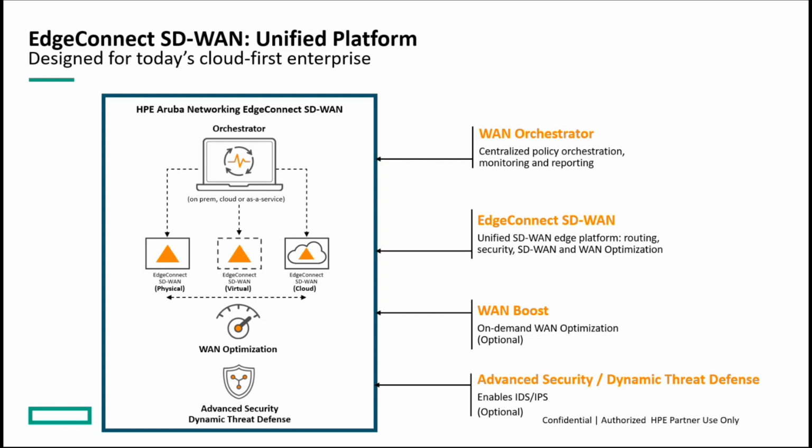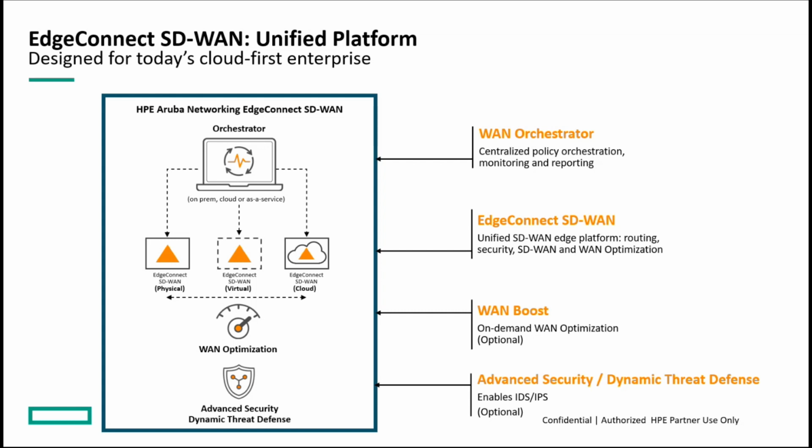And this is the most important piece of it because this is where all the intelligence lives. When we go down to the second layer, we have the actual appliances. These are the gateways that we're going to put into the different locations or put into the cloud. We have a number of physical appliances, which we'll get into in the next slide, that range from smaller locations